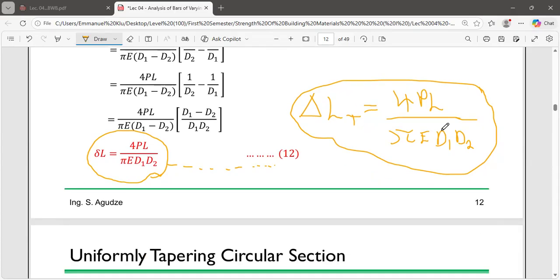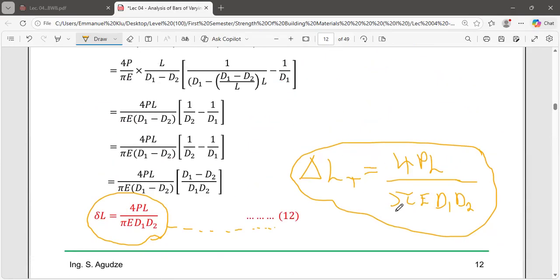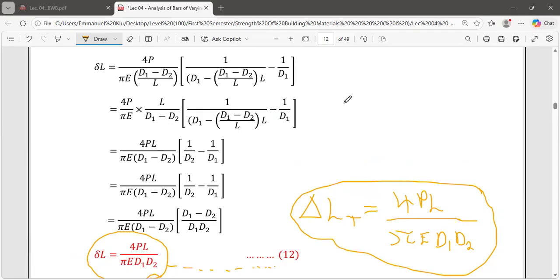Yes, so let's proceed. This kind of equation, we said that we will solve for what? Tapering bars that have circular ends. As if you're having a bar that is tapering like this. Let's say this part is circular and this part is also circular. Then you say that this smaller end becomes your D2, and this bigger end becomes your D1. So we can use this formula to calculate the